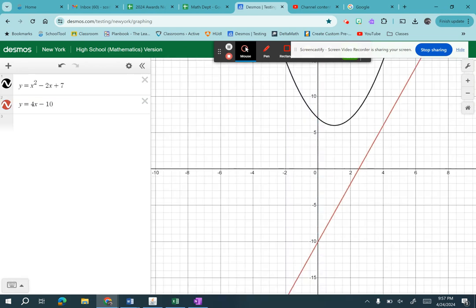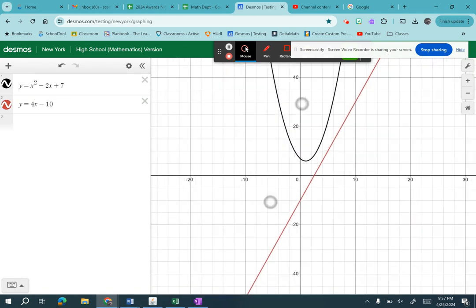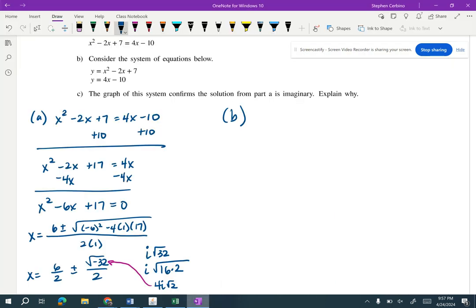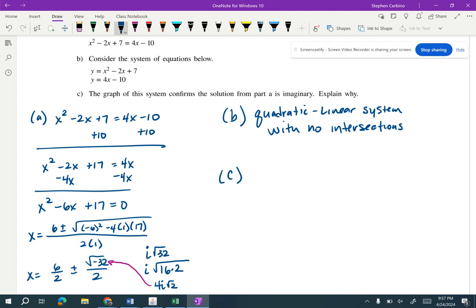We will notice that this system of equations is a quadratic linear system that has no intersections. So what we could say for B is it is a quadratic linear system with no intersections. They're just asking you to explain what you're seeing. Part C says the graph of this solution confirms that the solution in part A is imaginary. Explain why. What we can say is systems